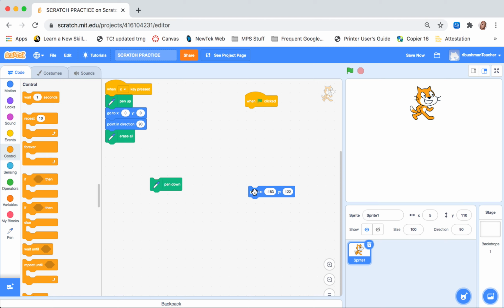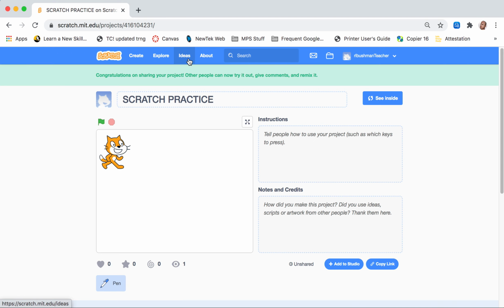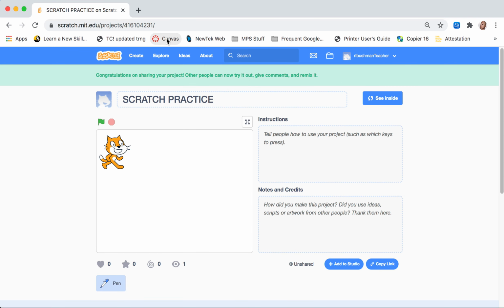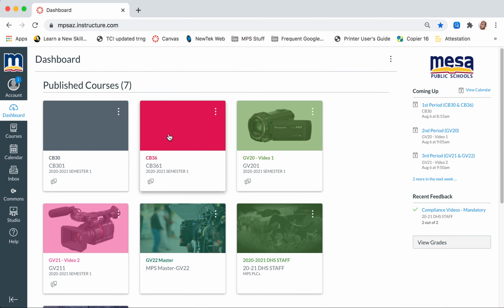But then end up with him out of the way somewhere off to the side so he's not inside. Make your figure a little bit small. But then when you're done, make sure you've hit Save Now, and you're going to hit this Share button, and you will click Copy the Link, and click this. It will copy that link, close that, and then you will go to Canvas. Oops, I'm leaving Scratch. All right, you'll go to Canvas. This is going to be for both of these classes, so you'll click on whichever class you're in,